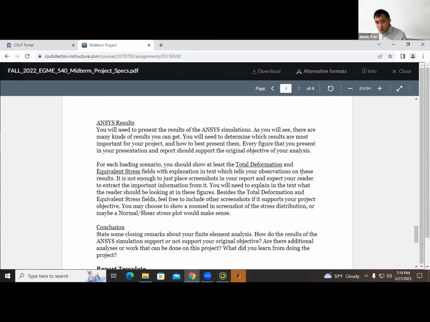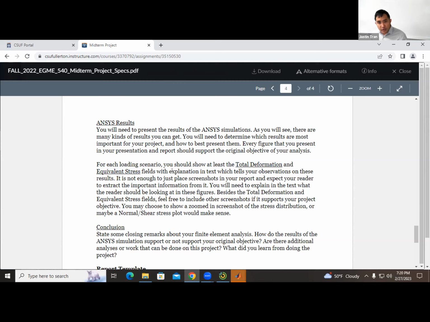But of course, if there are more figures that you want to show, maybe different stress fields, or if you want to zoom in on a particular region, maybe show me one screenshot of your entire geometry and another screenshot of a zoomed in part, that's fine as well. But I at least want a total deformation plot and an equivalent stress plot of your entire geometry.